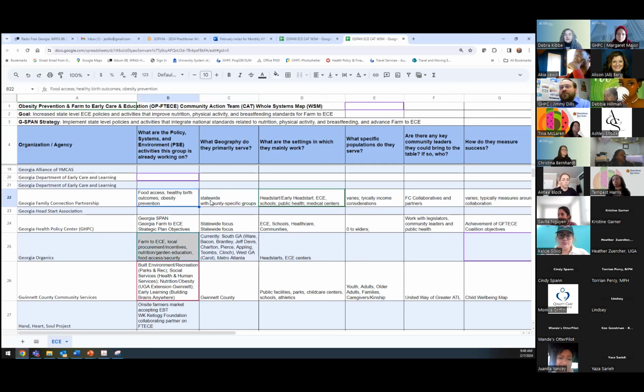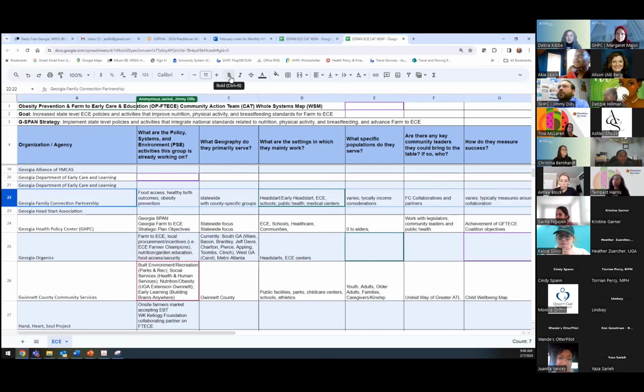I just want to add, Kia, Rebecca has also received the invitation. She's been doing a lot of the obesity prevention work for a number of years too. So we can also tag her and ask her to contribute if that would help flesh it out. I mean, I have access to the same information, but